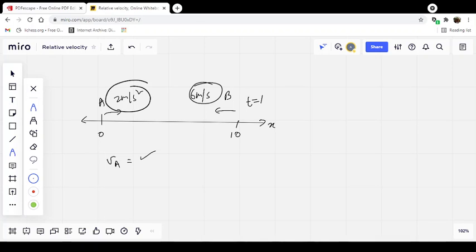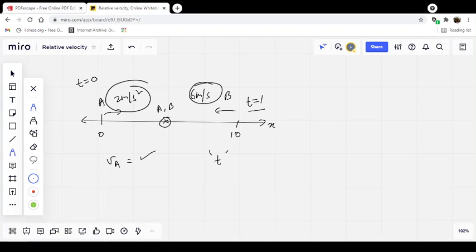The motion of particle a starts at t equal to 0 second, and that of b starts at t equal to 1 second. So let us assume that they are going to meet at some time t. When they are going to meet, let us say somewhere in the middle, A and B are sharing some common position on this straight line. The time would be the same for both of them, right? But the time interval, that is the time taken by A to reach this position and B to reach this position, would be different because B is starting a bit late.